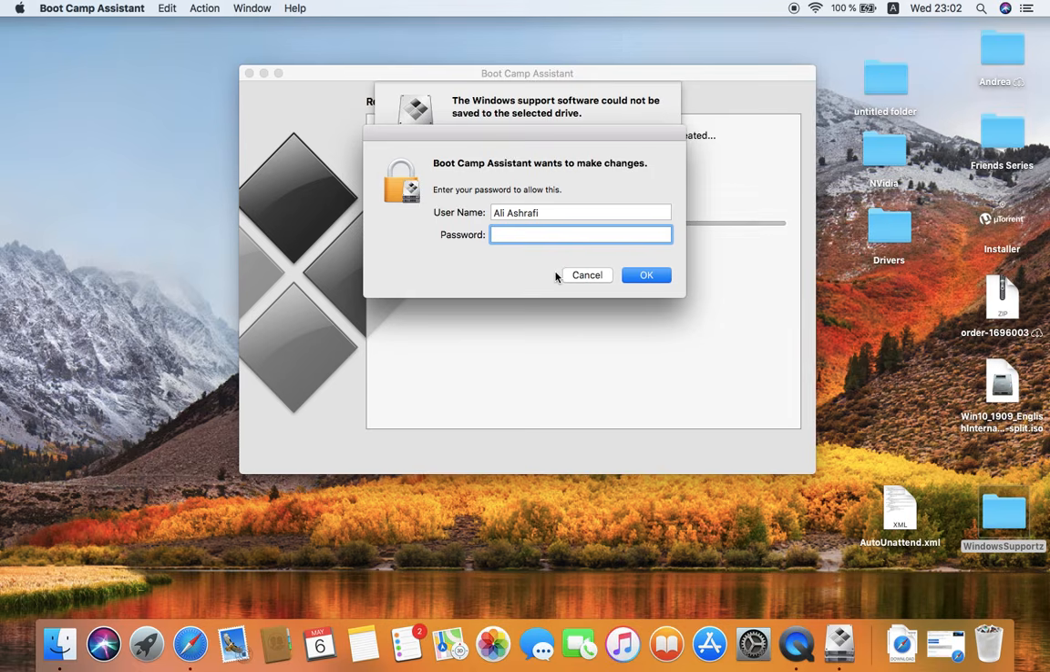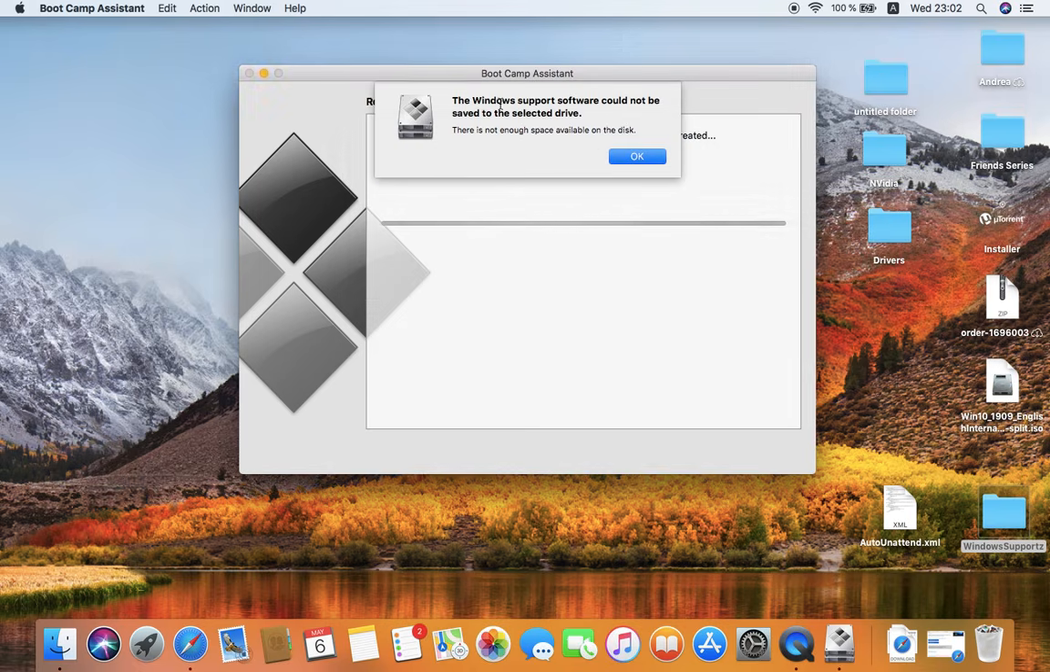Well, as you can see, I got the error that there's not enough space available on the disk, or you could have some other errors such as failed to copy Windows files, or you could have an error that says failed to partition. I'm going to be showing you how to fix all these problems. So you have to press OK